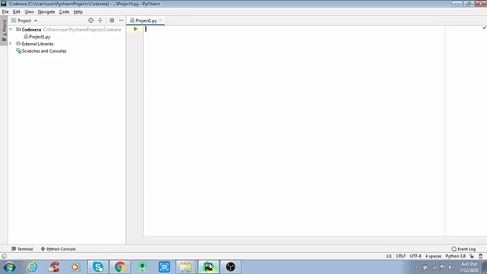So here let's start with our prime number program with the help of Python. I have already opened my PyCharm, so let's start from here. Firstly, we'll take user input like num is equal to int input, enter the number,